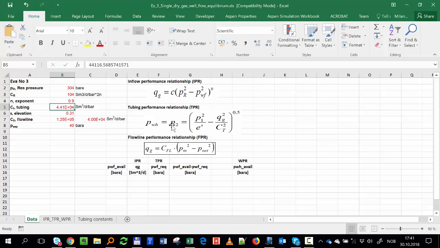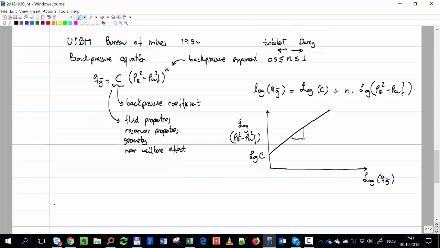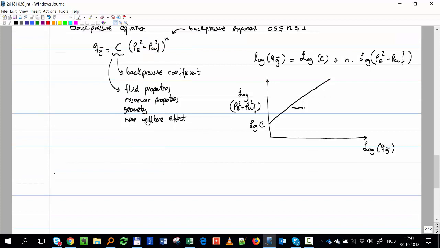Now, before we start, I ask you something about that equation. How can we use that equation? Either we have pressure and we calculate rate, or we have rate and we can calculate pressure. So I'm just going to do something here. If you use it like that,